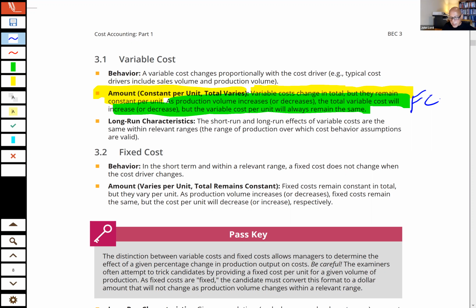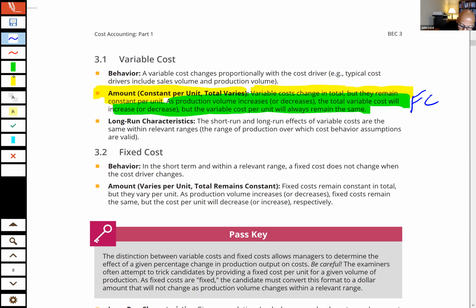I mean, to me, it sounds like something you would say to tease your younger brother or younger sister. You'd say, well, variable costs are variable per unit, but fixed in total. I mean, are fixed per unit, but variable in total. See, now even I'm messing it up. You know, Mom, he's doing it again. Okay, sounds like you're contradicting yourself, right?